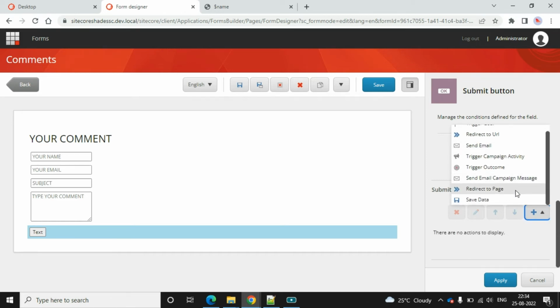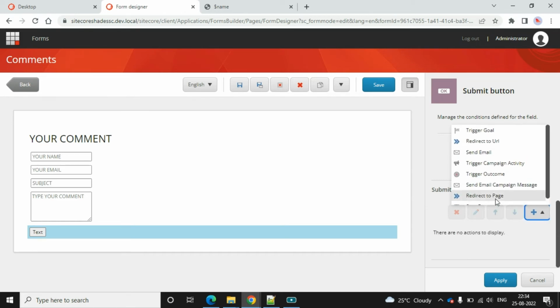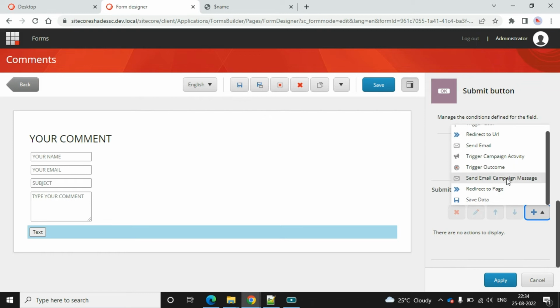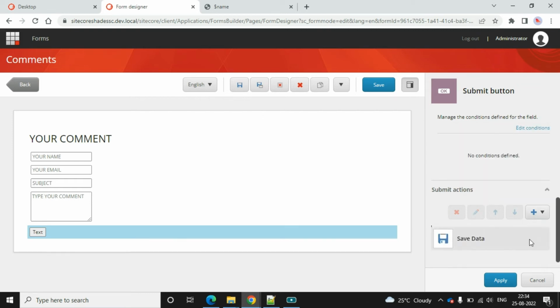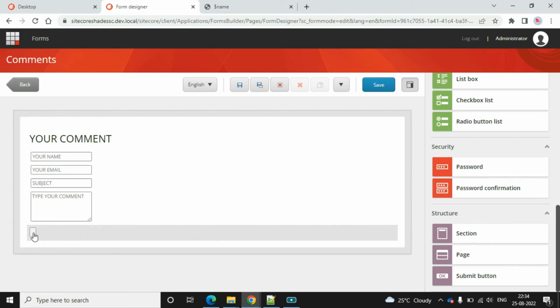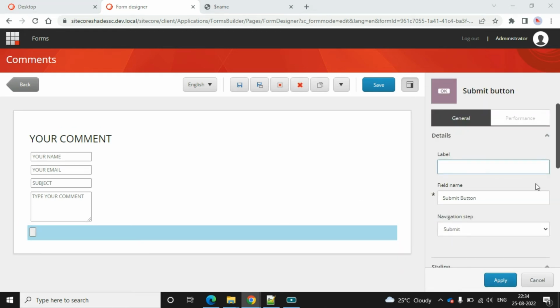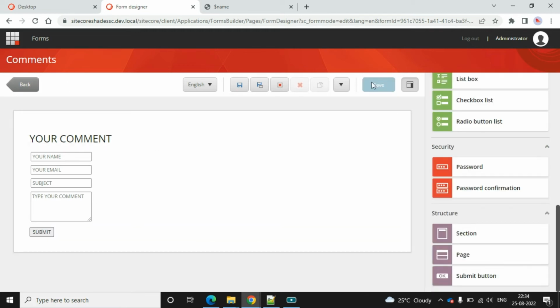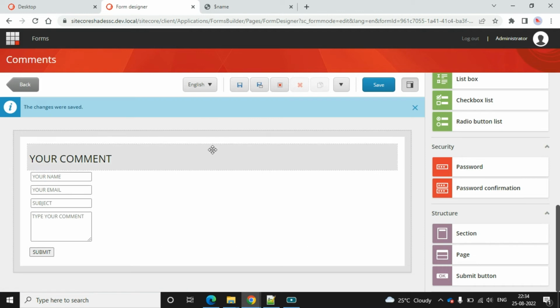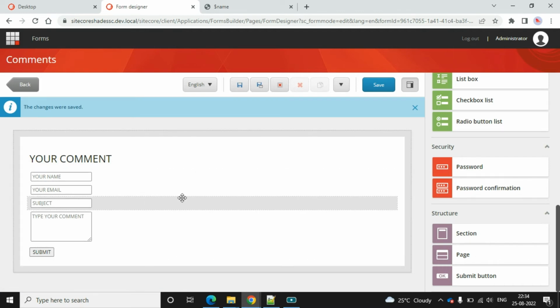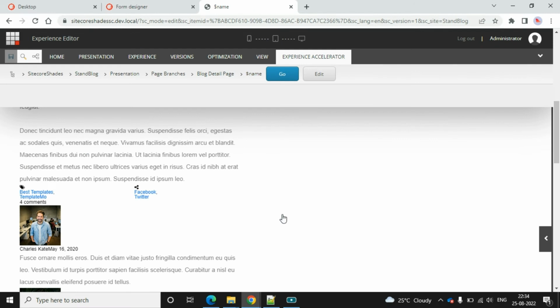The available actions are save data, redirect to page, trigger outcome, trigger goal, and redirect to URL. So I'm going to use save data and then apply. And the label is submit, and then apply. Then save, and now we can see the form section,